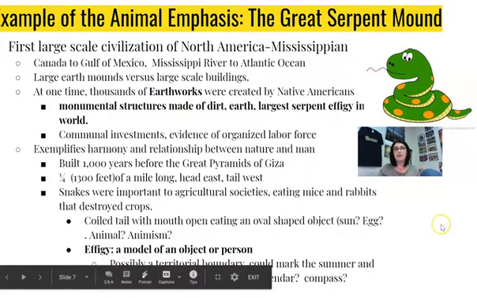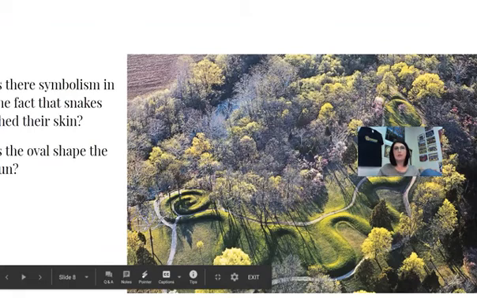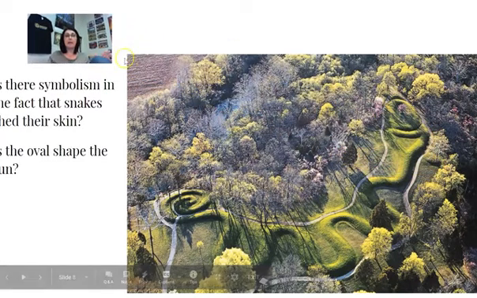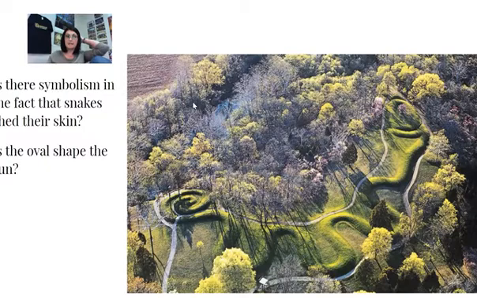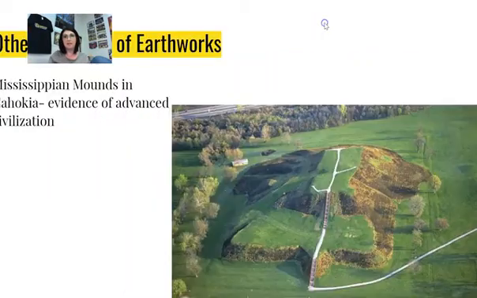Could it be a compass? We're not 100% sure. But there could be one popular theory, and again, I'm saying a theory because this is along the same lines of what we've seen with prehistoric art: snakes shed their skin. So maybe the skin shed by a snake, surrounded by trees that also shed their leaves, is a symbol of the renewing of the seasons, or rebirth, or a cyclical pattern of the seasons or the rising and the setting of the sun. We're not 100% sure, but it is a plausible theory.